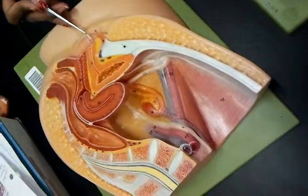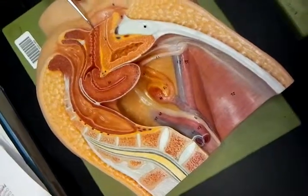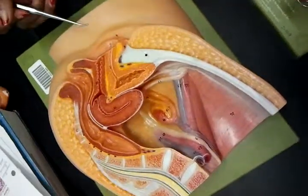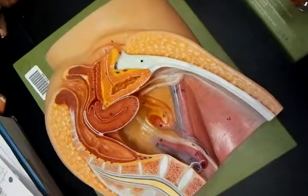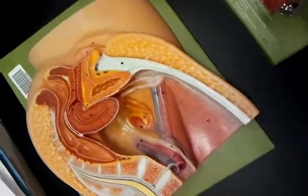And then I want you to notice this, lady. See that little line? That's the hymen, right there. And that's supposed to cover over the vagina area until you're ready to be sexually active. Now, have you heard of people having that replaced? I've heard of